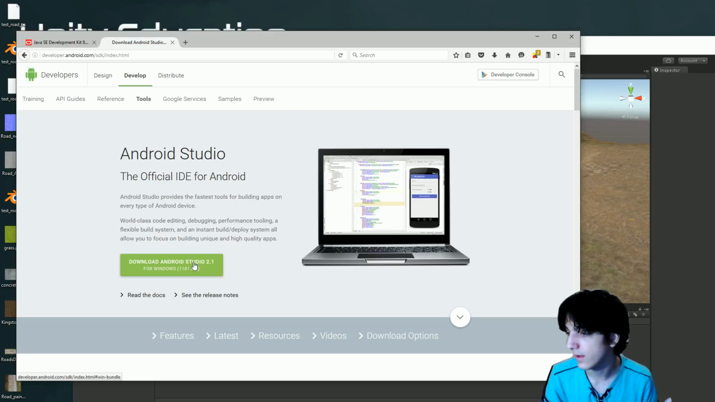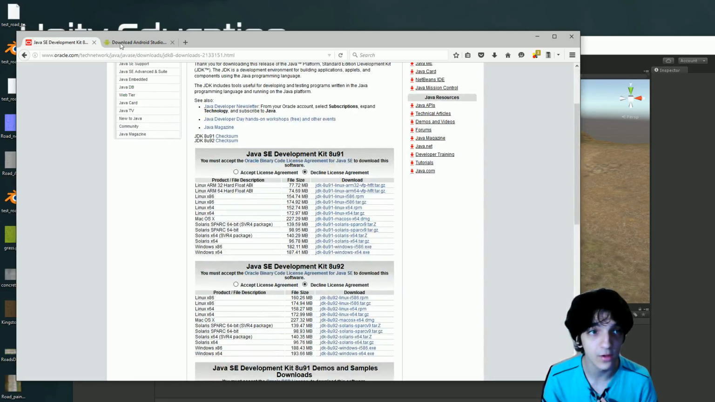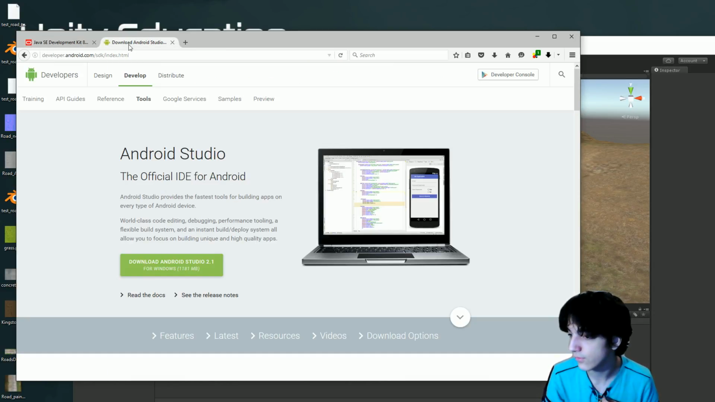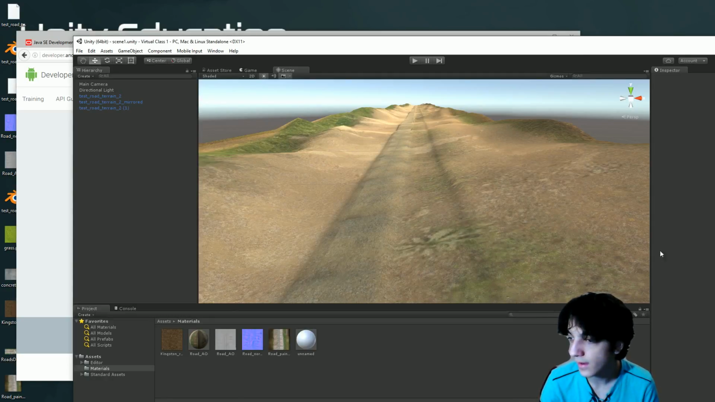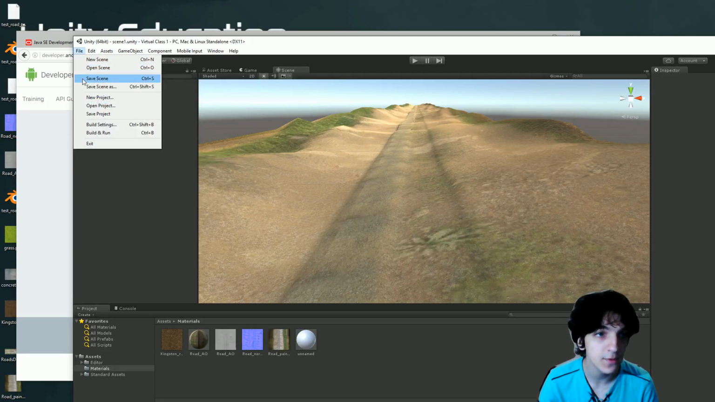Download that, and that will come with the latest version of Android as well. So download and install JDK, download and install Android Studio, and let me think if I missed anything. I believe that's pretty much it that you need for exporting Android. Other than that, in your project right here,